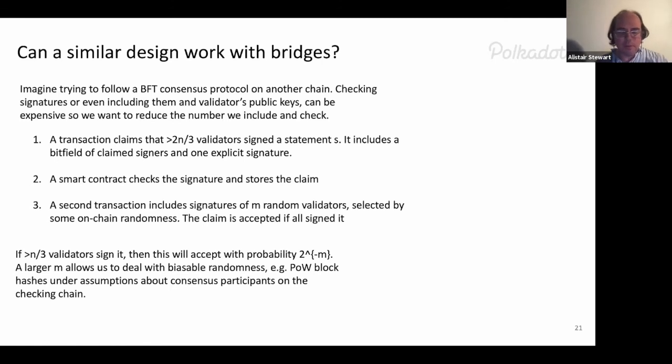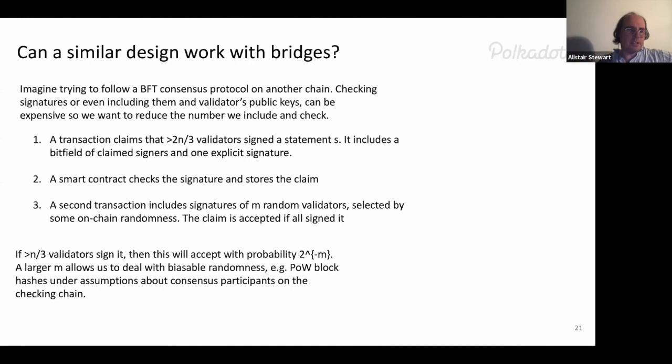So one of the problems we have is that we'd like to convince Ethereum 1 of what's going on in Polkadot. The problem is that for Ethereum 1, we have to basically convince a smart contract what's going on. Storage and computation costs are very expensive. So checking signatures is expensive. It does depend a bit on other cryptography, but even including signatures and public keys is fantastically expensive. Storage costs are fantastically expensive on Ethereum. So we want to absolutely reduce the number you check. And we can do some crazy stuff with succinct proofs, but actually there's a simpler approach.